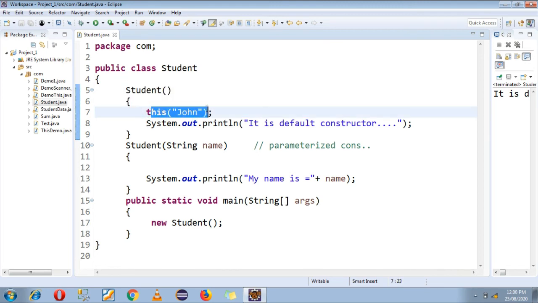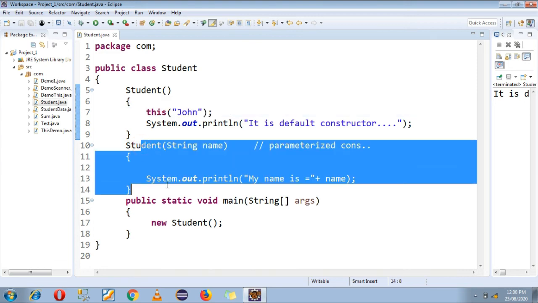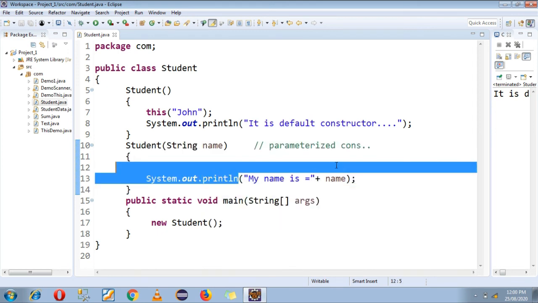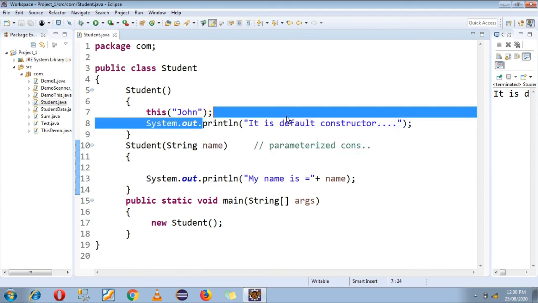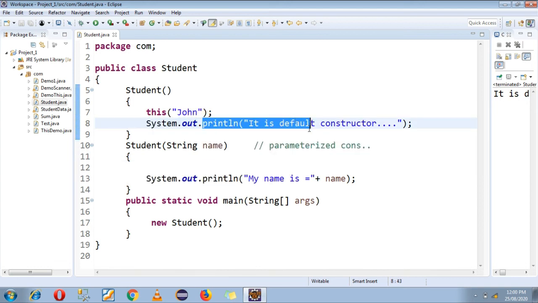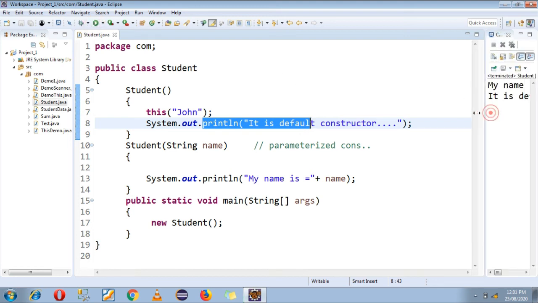Now because of this line your JVM will enter first into the parameterized constructor, the JVM will execute this line, after that the JVM will come to this line and it will exit. I am running my code, you can check my console. The parameterized constructor gets executed first, then the default constructor gets executed. It happened because of the this keyword.